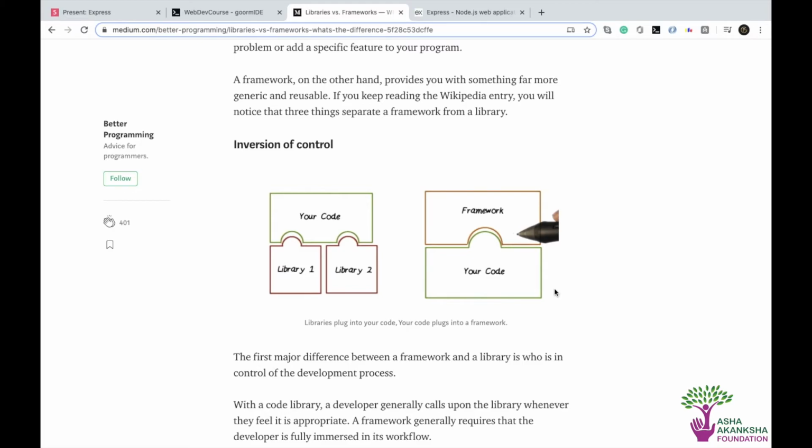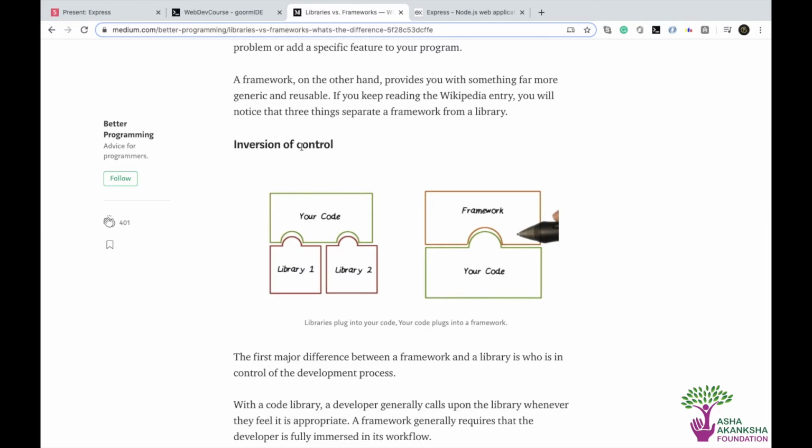And not that this will actually help you code a lot. I mean, you will know Express is a framework and you will know Bootstrap is a library, and you could just keep using those words forever, and it will not make a huge difference to what you're writing in your code, right? But it's always good to have some fundamental clarity about what is what and what's the difference between two things having the same definition, right? So that's the only reason I was focusing on this.